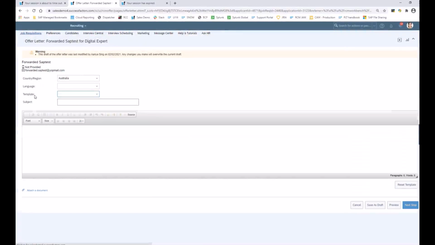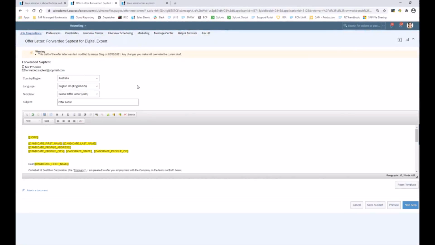And in the next page, we will be able to create the offer letter for the candidate. We can see here country, region, language, template and subject line, and also the body of the offer letter, which is already populated. And we can do any changes. We click on next step,